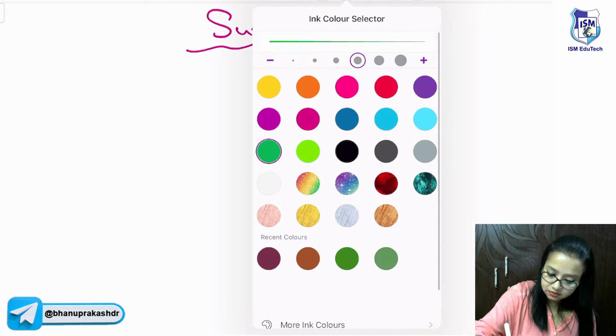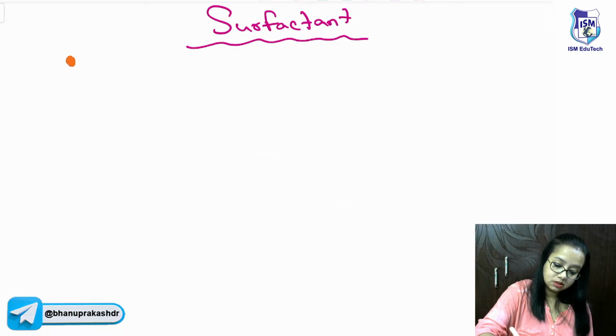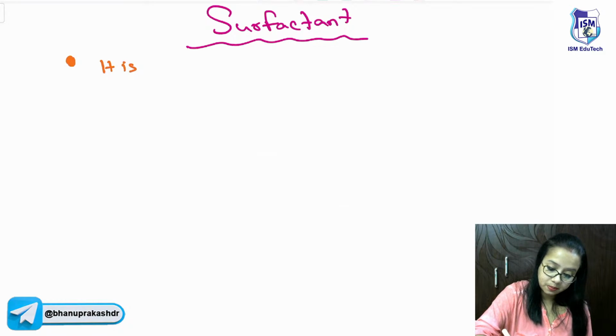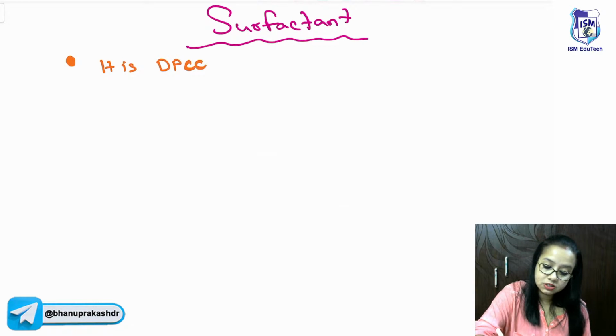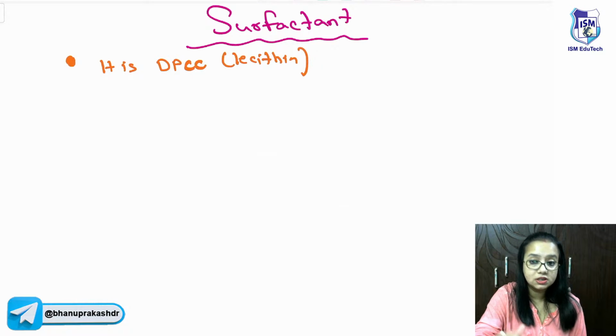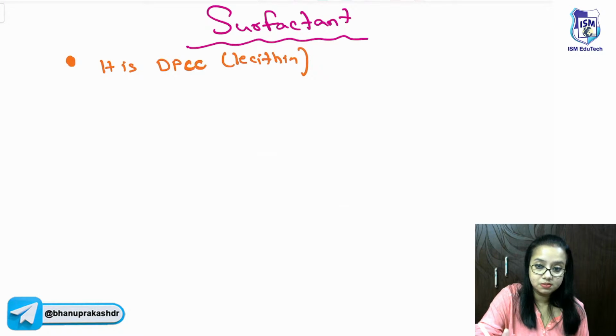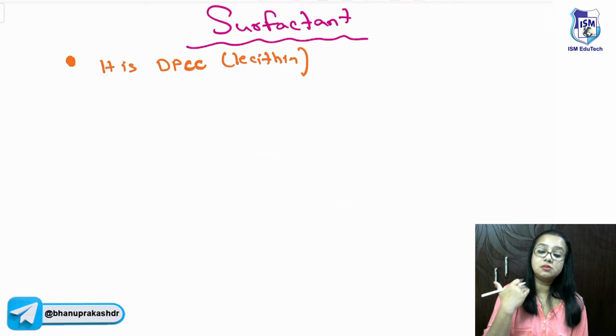Many a times in the previous classes, we did mention the surfactant. Chemically, it is dipalmitoyl phosphatidylcholine in composition. It's a phospholipid which is also known as lecithin. And what did we study about this lecithin? Where is it abundant? It is abundant in the inner leaf of the cell membrane, but for the purpose of physiological